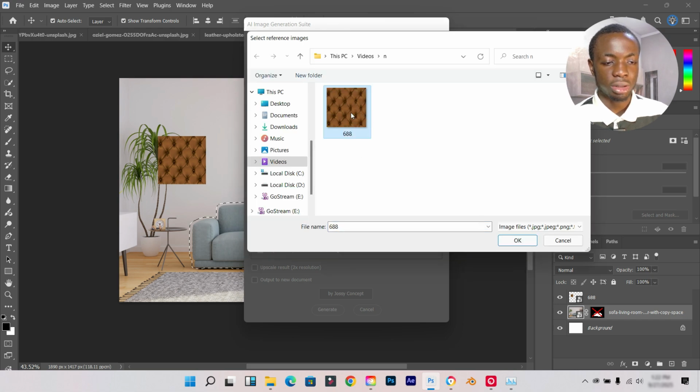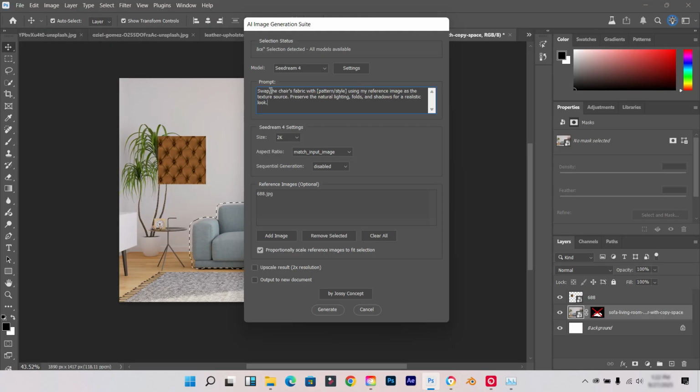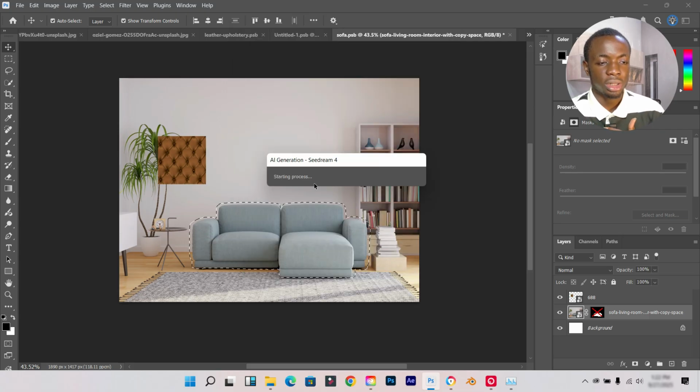So you can see I'm going to click on my reference image, then I'm going to paste my prompt here. The prompt says: swap the chair's fabric with a pattern and style using my reference image as a texture source, preserve the natural light, folds and shadows for a realistic look. This actually takes like 30 to 40 seconds to generate. So I'm just going to click on Generate over here. You can see it's processing. So let's see what